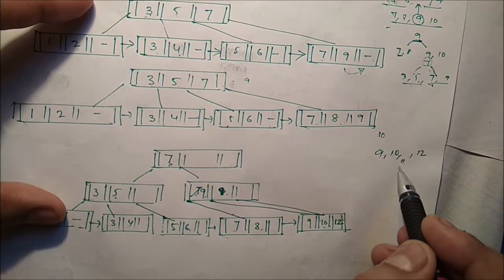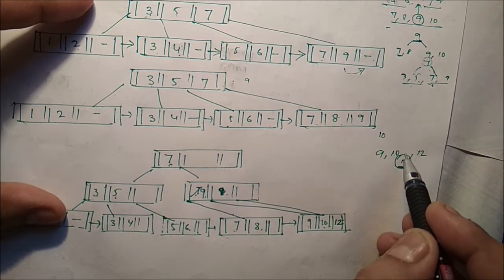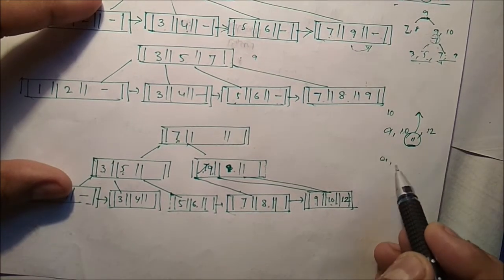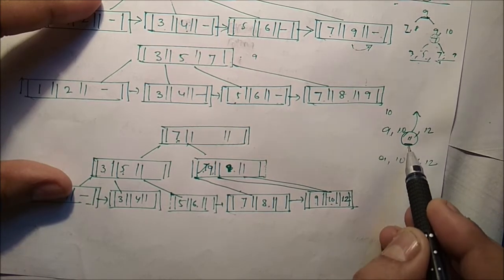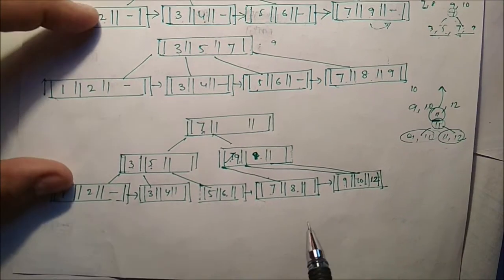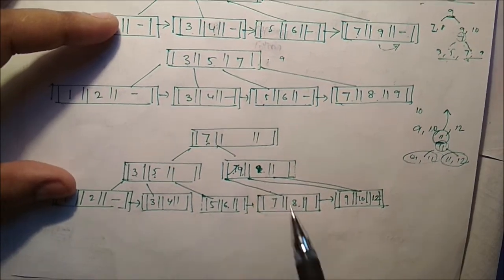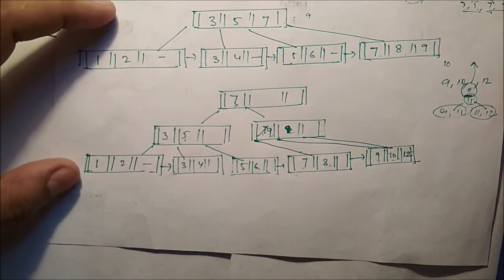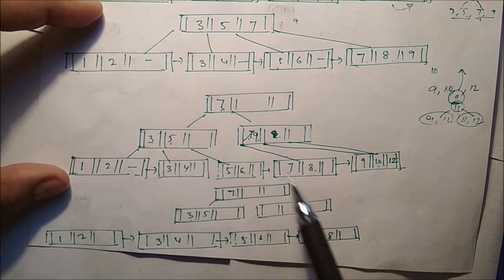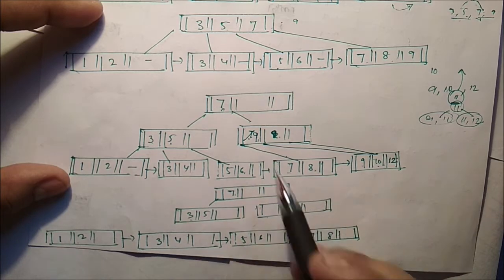So the upper median will be what? New key 11. So you have to move upward. So here we have to split into two parts, 9, 10 and 11, 12. And root, parent will be what? 11. Are you getting this one? So 11 will be somewhere here. So if you do this one, you can see. So it is a 7, it is 3 and 5. Okay. 9 was already there.